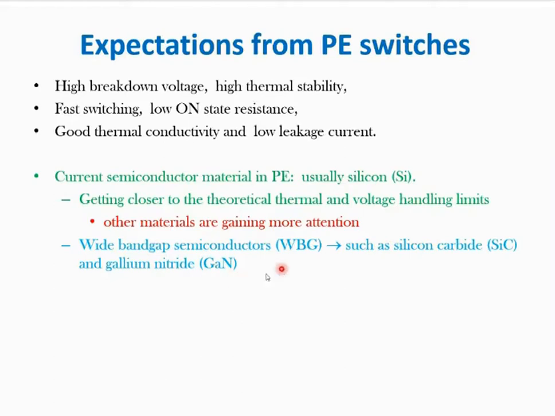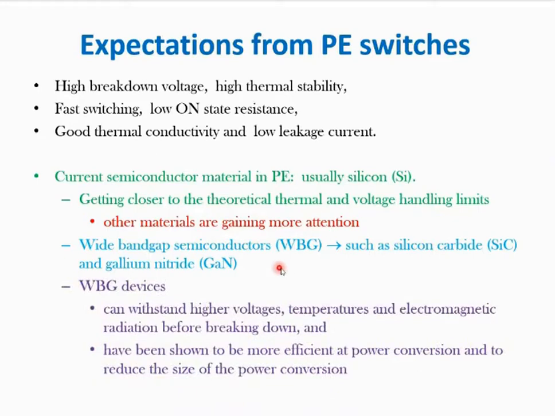There are some other options also; we'll discuss that. In comparison to silicon-based devices, these wide band gap devices provide several benefits. They can withstand higher voltage, and they have much lesser loss. As a result, they are more efficient. This is the key word: they are more efficient. Also, their power density is higher than silicon, which means that in a given area, you can design the converter to handle more power in watts, let's say.